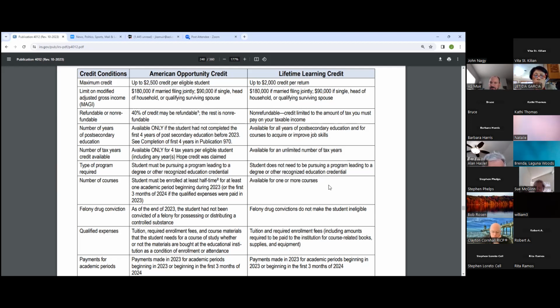Your Lifetime Learning Credit, again, it's similar, but there are differences. The entire amount is non-refundable. You're going to school part-time, maybe a course here and a course there. It doesn't mean you've matriculated in some type of program. And then similar to the American Opportunity Credit, you've got out-of-pocket expenses for tuition and enrollment fees. And then, of course, you have to, again, determine qualified expenses.